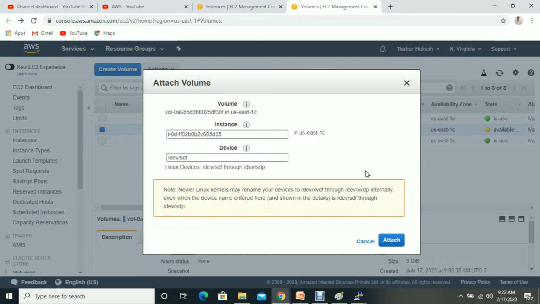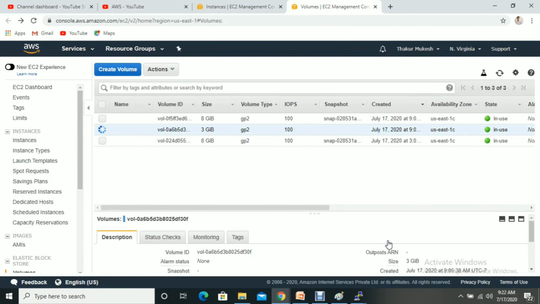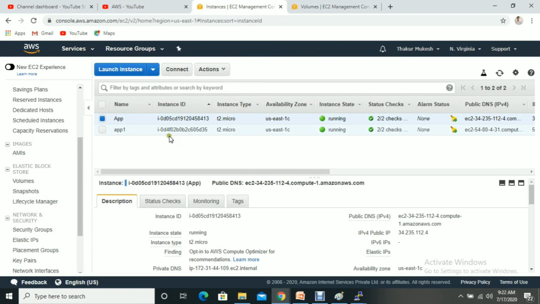Okay, fine. So once you select your instance, you have to click on attach. Okay, so now let me log into the app server.